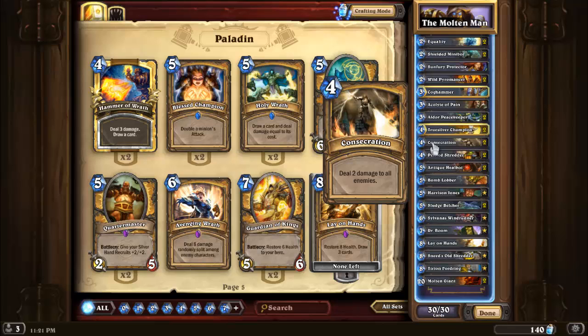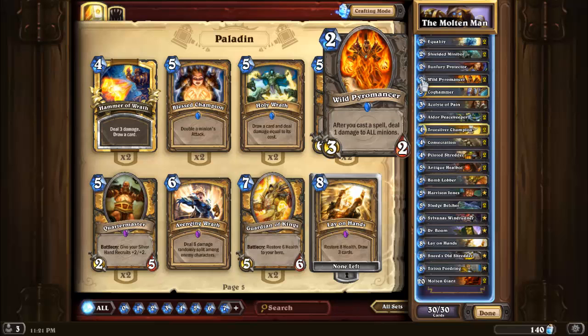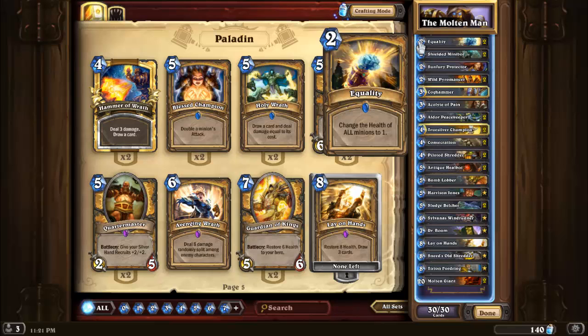We're going balls to the wall with this Paladin deck, and we're also playing 2 copies of Wild Pyromancer and 2 copies of Equality. This means that we have a ton of board clears, more than basically any other deck in the format right now. And it gives us a way to handle the aggressive starts from the crazy decks like Mech Mage,